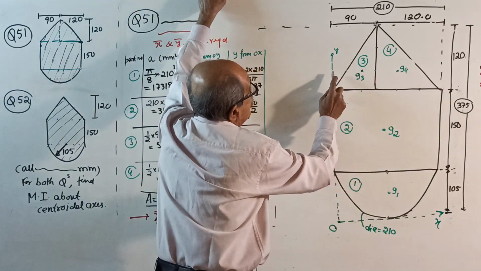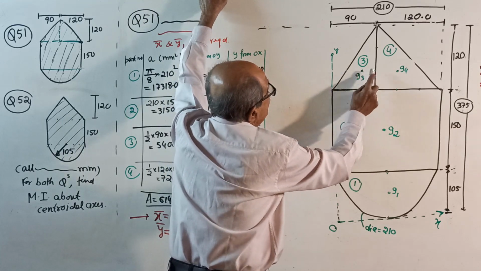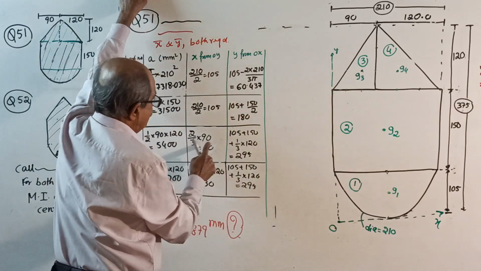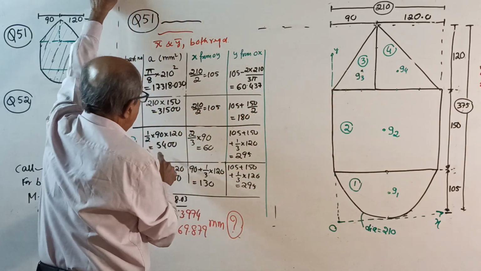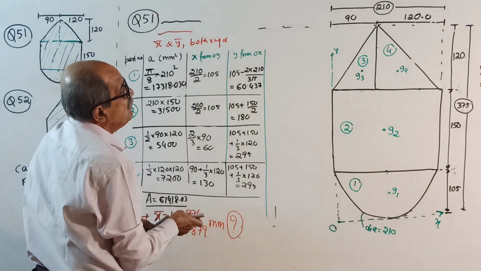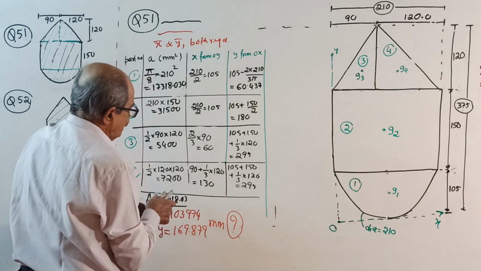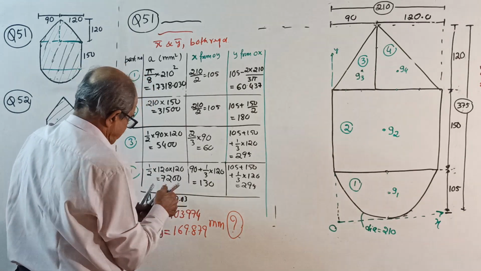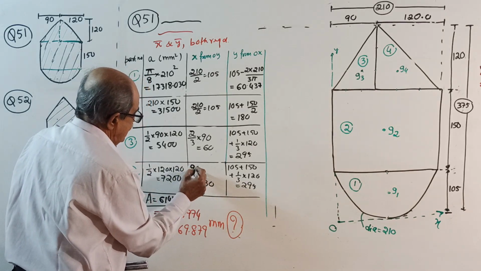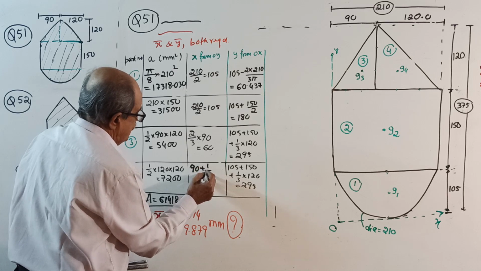x4, 90 plus 1 by 3 of 120. 90 plus, where is it? 90 plus 1 by 3 of 120. 120, which one? 1 by 3, that's now important. 90 plus, I will write once again now, to understand. It is 90 plus 1,